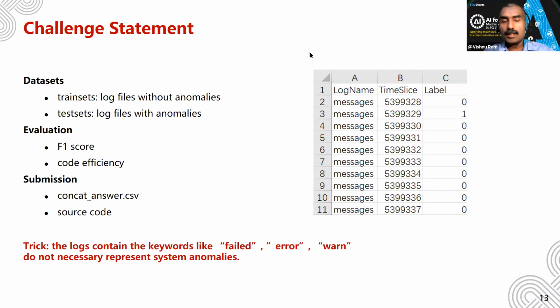Yeah, I understand it as that some of these occurrences of the keyword may not mean catastrophic failures or system anomalies. The system is still functioning even though such keywords appear. So you have to look at the context, I guess, to find out whether a system anomaly happened.